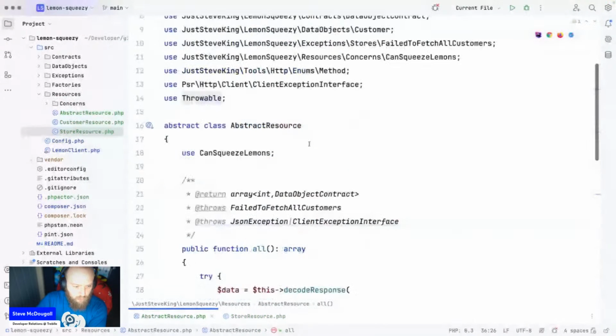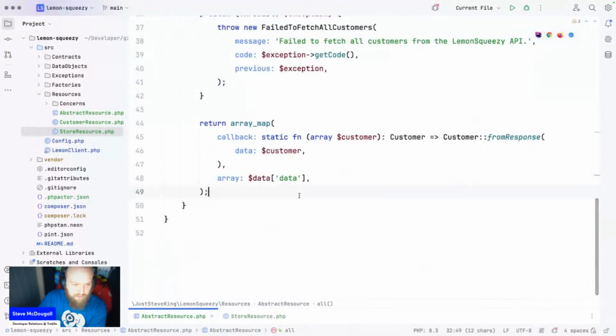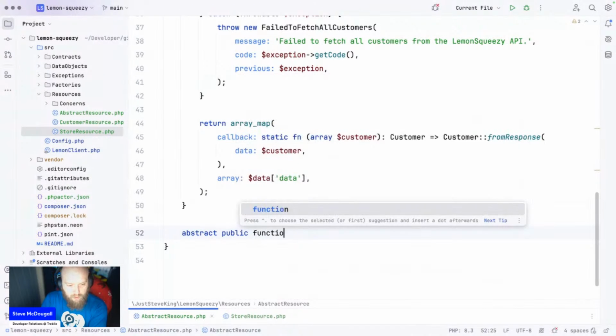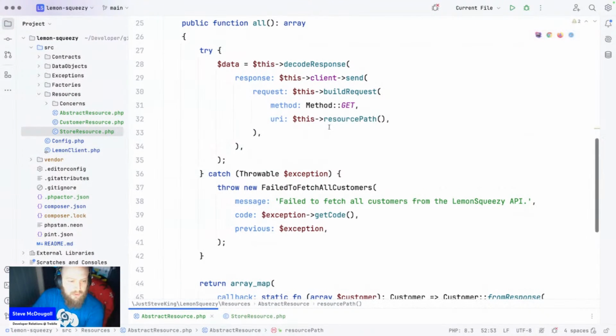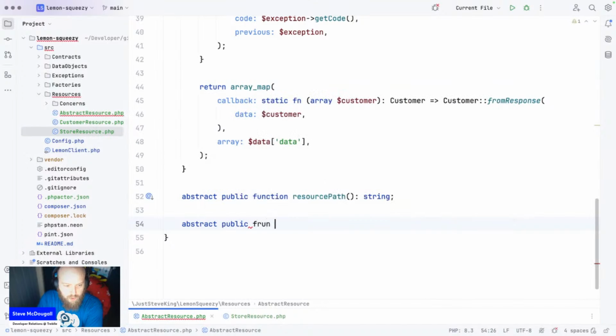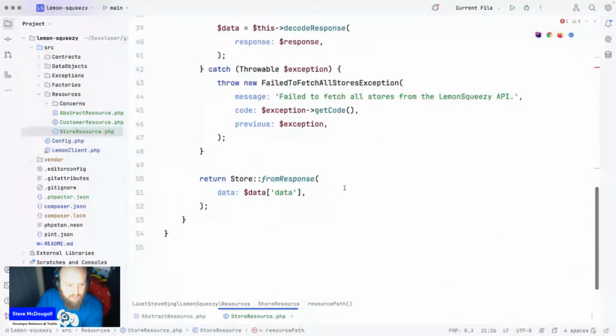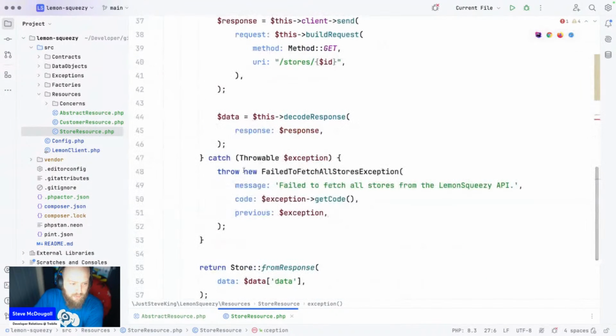So down here, where we're getting stores for all, we can say this resource path. Now this needs to be an abstract method. Abstract public function that returns the string sorted. That is now working as I would expect it. Exception, we want to be able to, I don't know, abstract public function. We're just going to call it exception for now, and this should return something that is throwable. So then on this store resource, it's going to tell me that I need to implement that. So what we can do is say public function exception. This should return a throwable, and we're just going to return